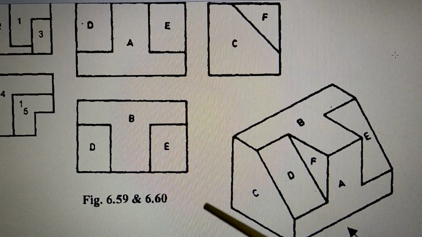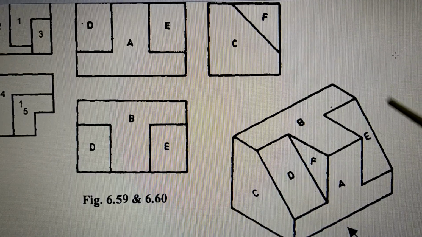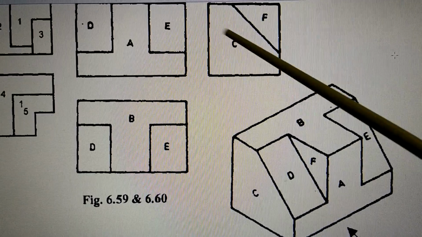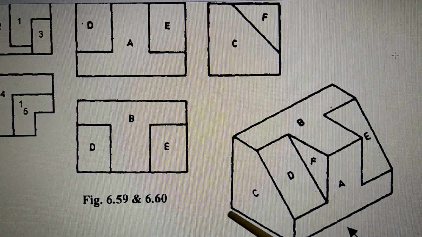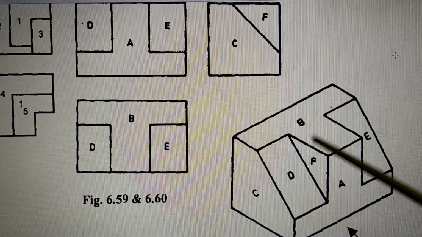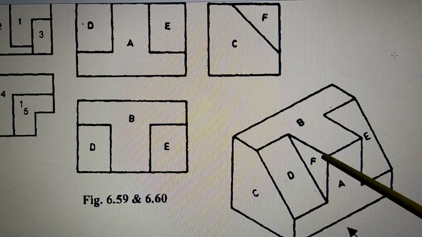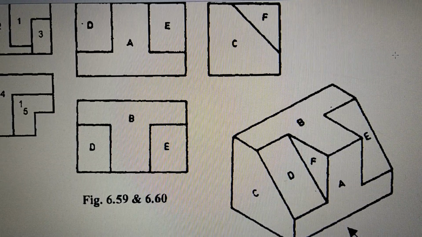Top view. Now when you see from the left hand side, draw on the right side. Left hand side you draw on the right side of front view. This is C what you see, and then in this there is F. So C and F. So that is the left hand side view.